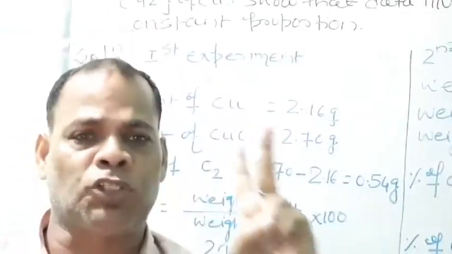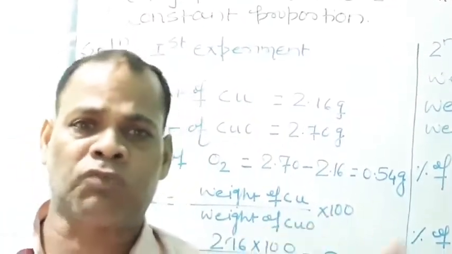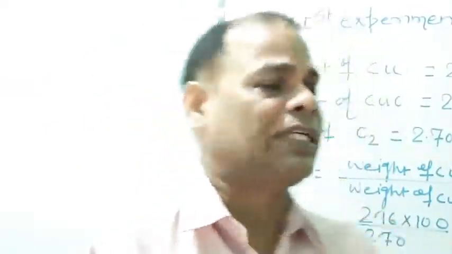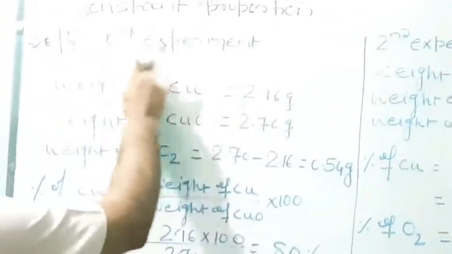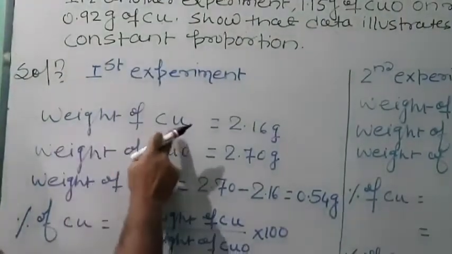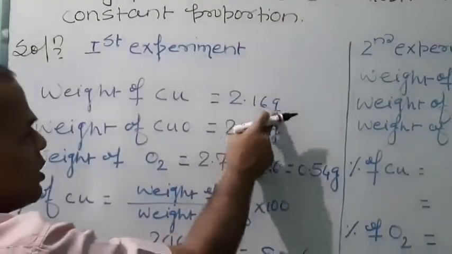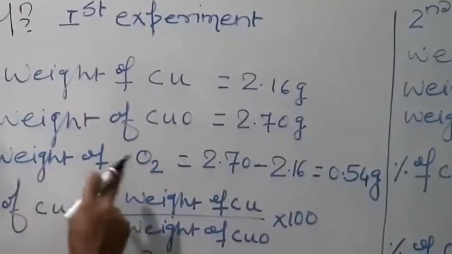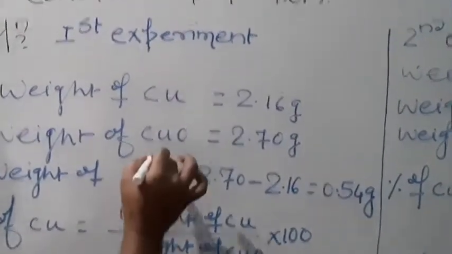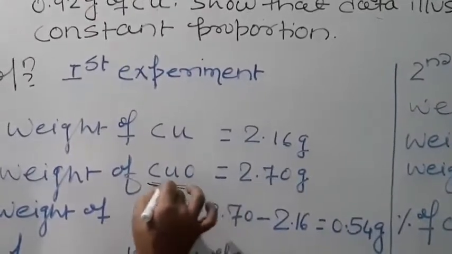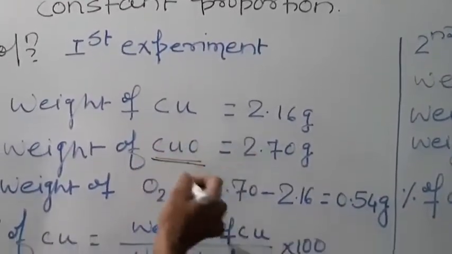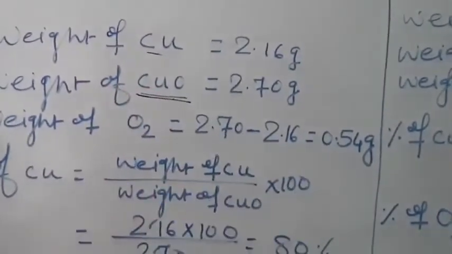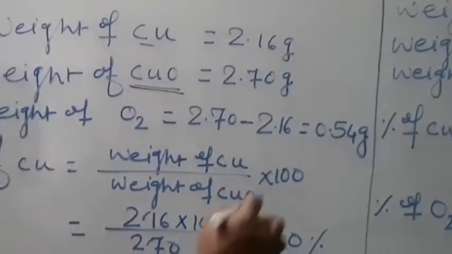We have performed two experiments in order to obtain copper and oxygen from copper oxide. So in the first experiment, weight of copper is 2.16 gram, weight of copper oxide is 2.70 gram. We can obtain the weight of oxygen from CuO when we subtract the mass of copper from the mass of copper oxide, that we have